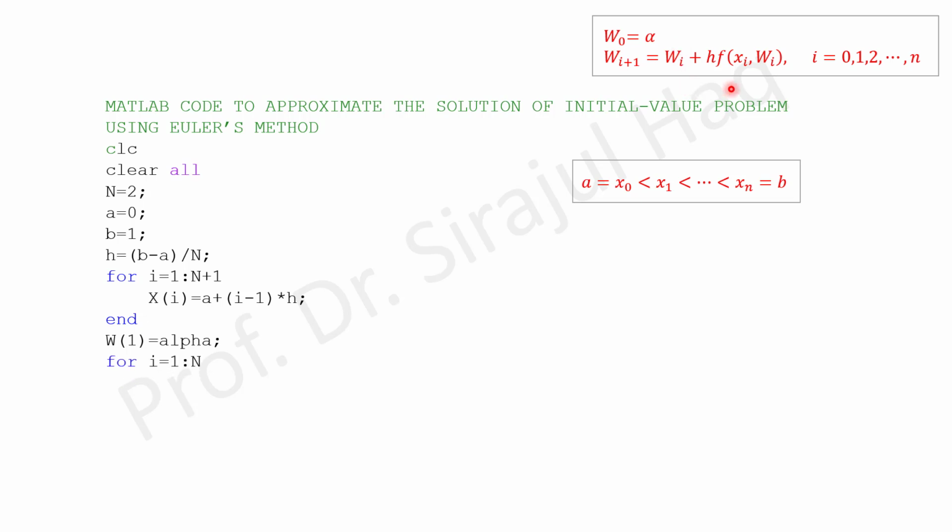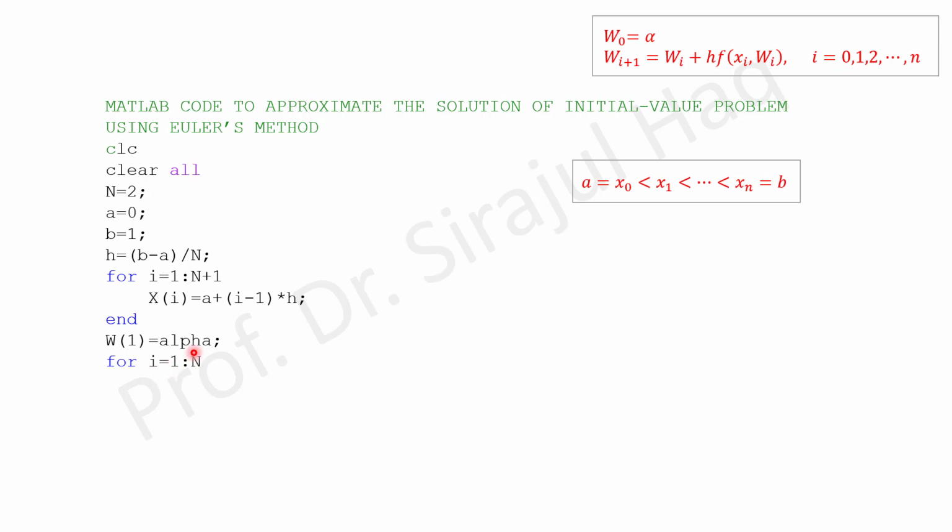Second line, let's generate the value of i starting from 0 up to n. So instead of 0, I'm using 1, so it will be starting from 1 and will be reaching up to n plus 1. But remember, this should be n minus 1. Why? Because at x equal to 0, I'm getting w1, which is your initial point. i is equal to 2, that will be the solution at i is equal to 1, so this will give you w2. w2 is the solution at x2. Since I'm starting from 1,